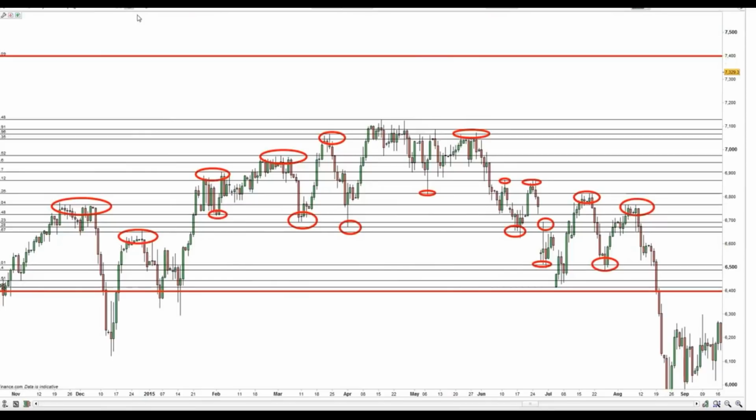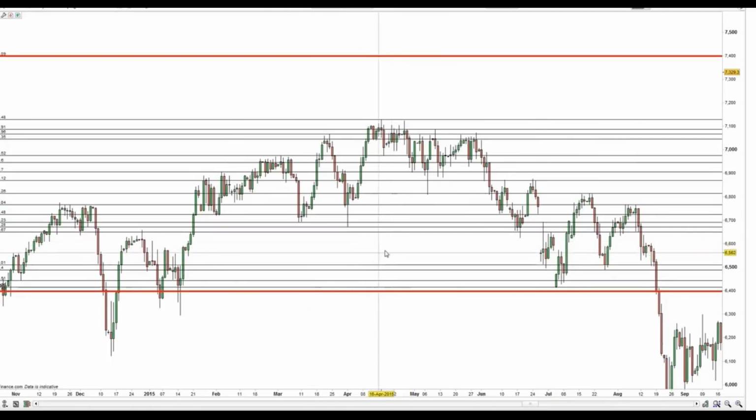And then we can delete our circles, as all of these reactions should now have been encapsulated in the areas that we've drawn. So that one has, yep, yes, yes, yes, yes, yes, yes, yes, and yes. Now you may have spotted that there is a particular area here that doesn't have any